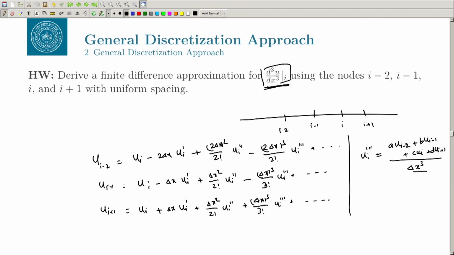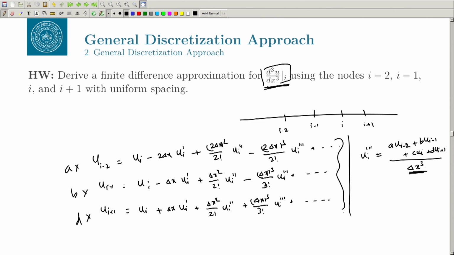This is the third derivative, so that will be delta x cube. In the second order we had delta x square, and in the first order we had delta x. Put these values, all this Taylor series expansion, multiply this by a, this by b, and this by d, right,